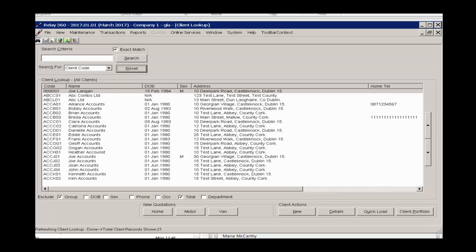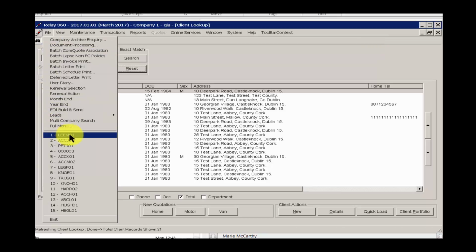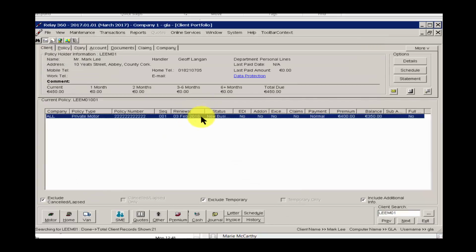So in this tutorial we're going to look at the different sales and marketing features that are available within the Relay 360 CRM system. To begin with, we're going to look at the client's file, and we are going to start off by looking at the leads management system. We do have a separate video on the leads management system, so I'd ask you to refer to that for a full demonstration. But in here I just want to give you a quick demonstration of all